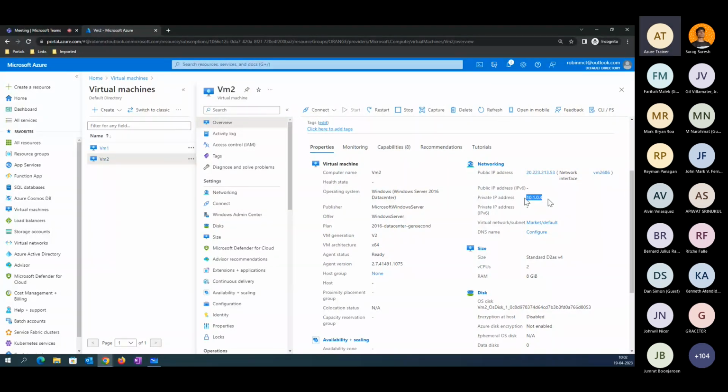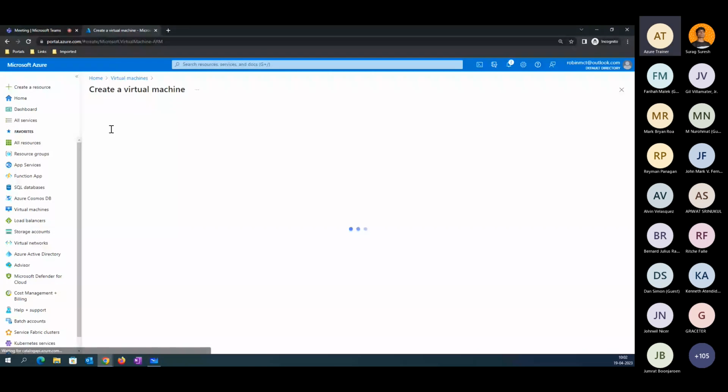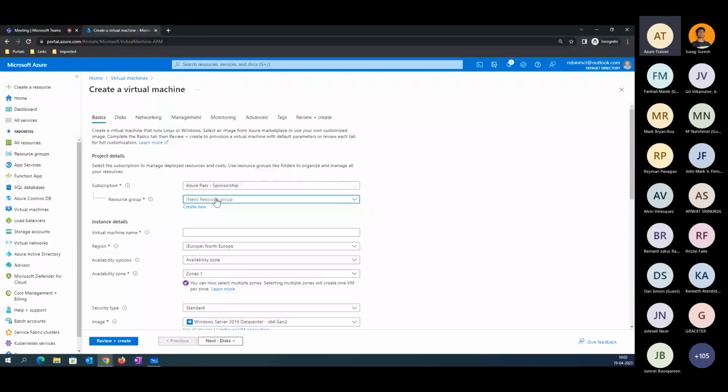Now we are getting a question here. What happened to 1, 2, 3? Even if you're creating another computer on the same network, for example, if I'm trying to create one more VM in the same network, for example, VM3,